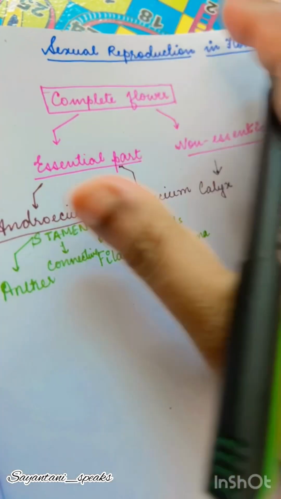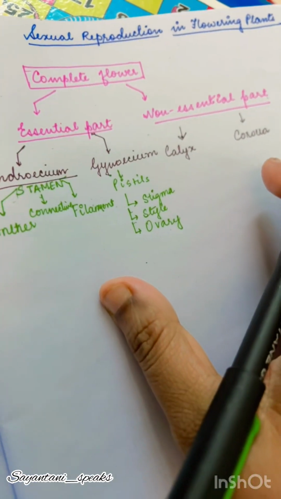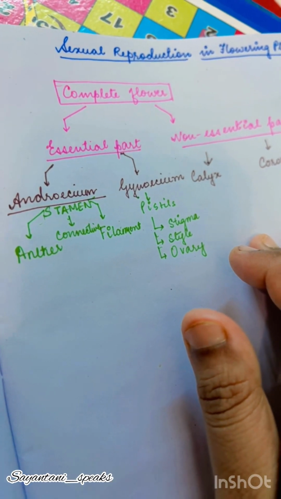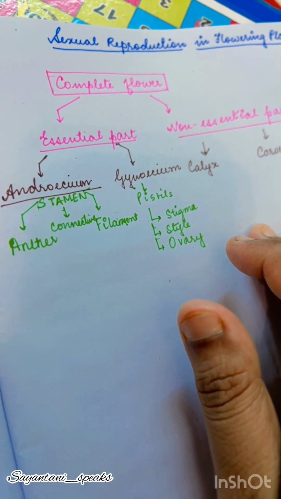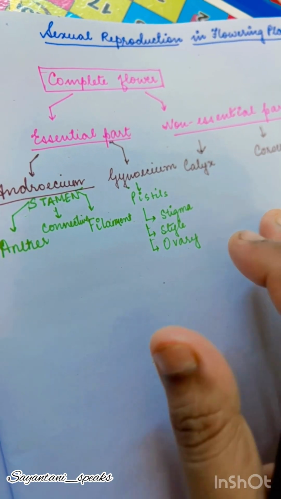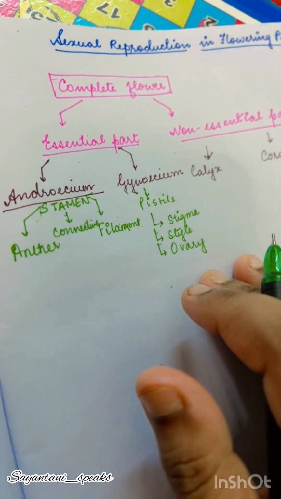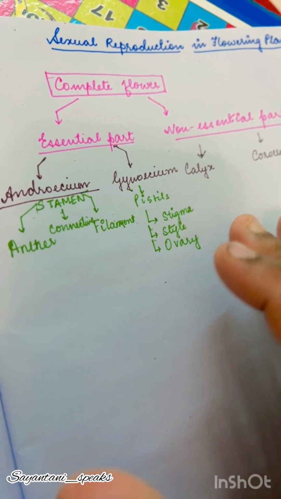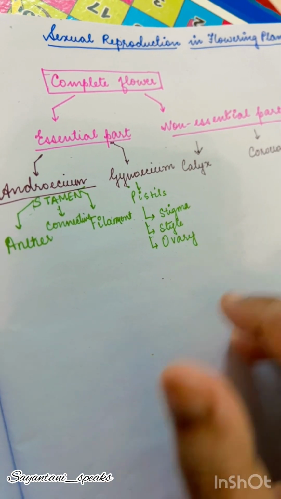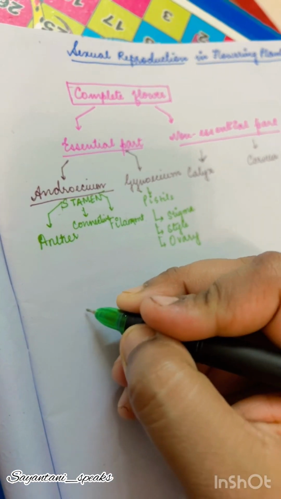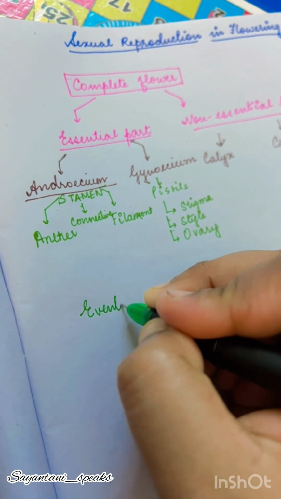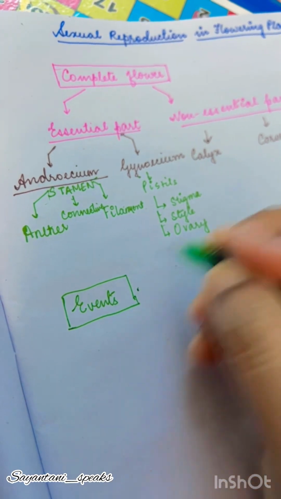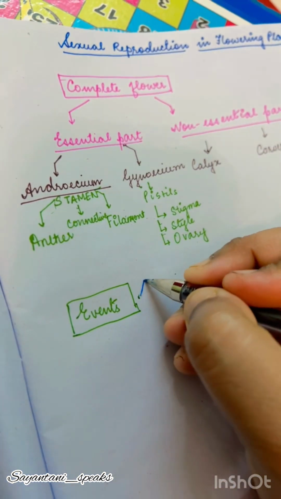So the entire event of sexual reproduction in flowering plants, which we can also call angiospermic plants, the ones which produce flowers. Now in this segment we are going to discuss the different events related to sexual reproduction in plants. The events which take place in a sexually reproducing plant where they form flowers comprise three events, that is